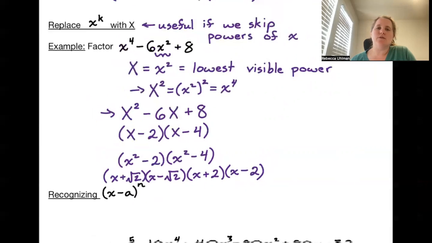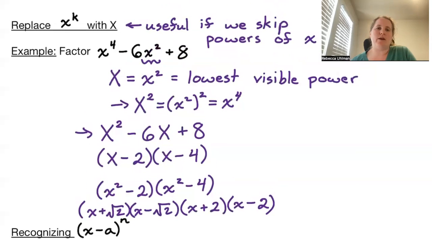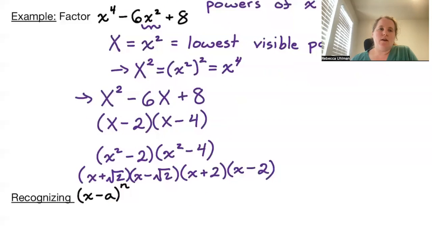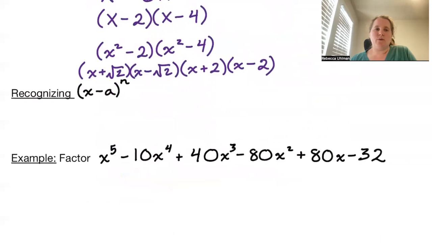So this is a trick. You do not need to do the rewriting in terms of capital X. You can just recognize this as x to the fourth is x squared squared and leave it in that format as well. Another thing that's useful to look for is